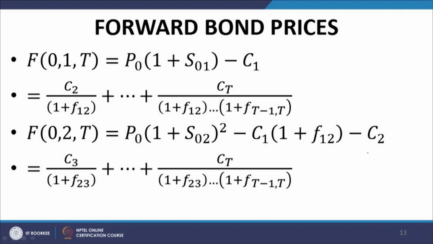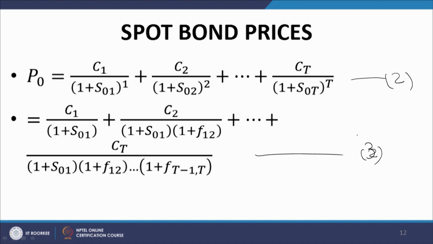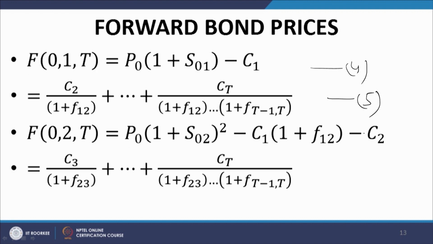So, that works out on the considerations of arbitrage free pricing. Again, if we use the principle of arbitrage free pricing, we arrive at these equations. This is equation number 4, which can be written in the form of equation number 5 using the relationship that we had in the earlier slide, that is equation number 2 and 3 here. Using these two equations, we can write equation number 4 as equation number 5, and similarly this is for the price